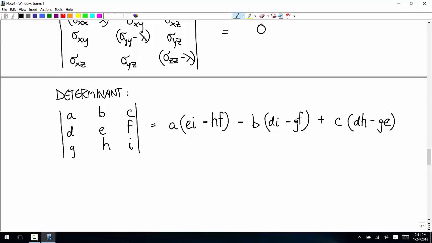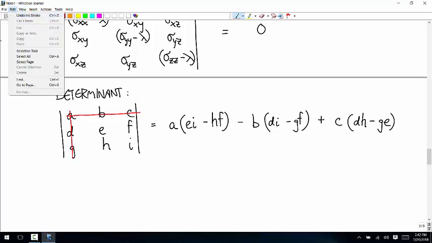So I'm just going across the top row one by one. So first I'll cross out everything in A's row and A's column and do this sort of crossing thing. E times I minus H times F. And that's that first term. And then when I'm done with that,